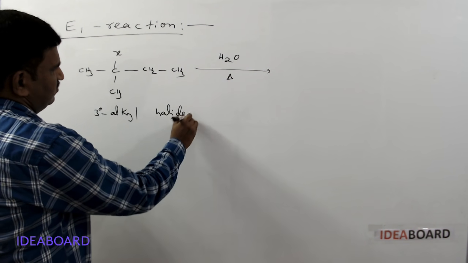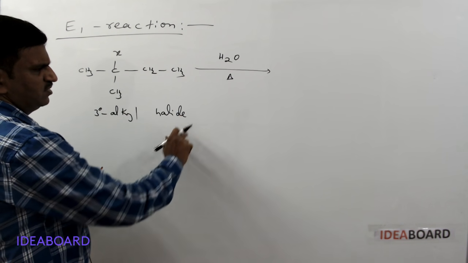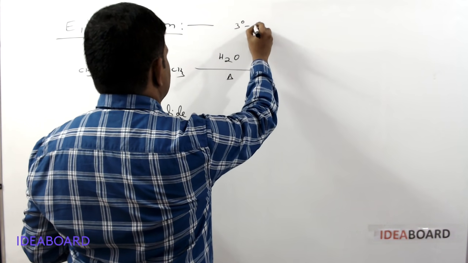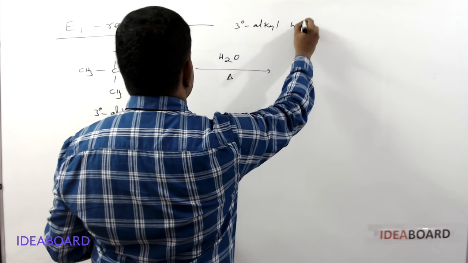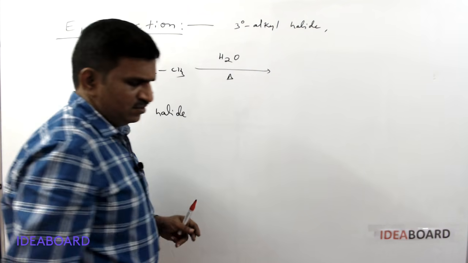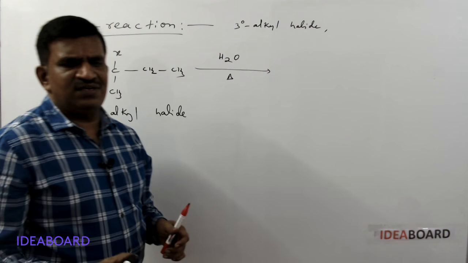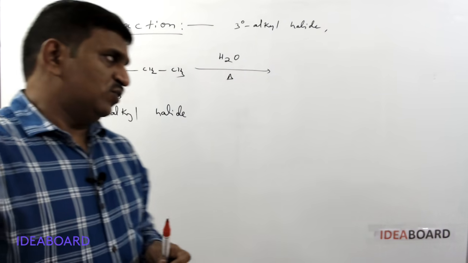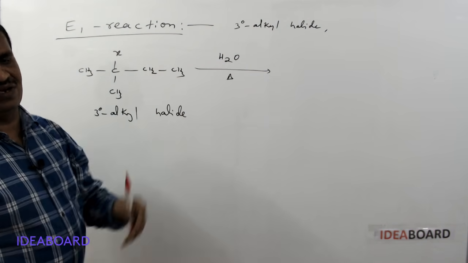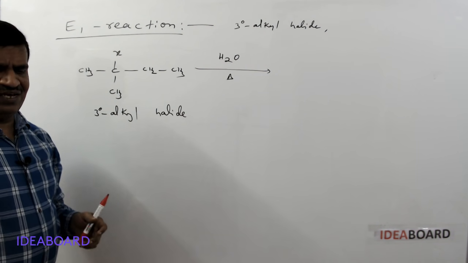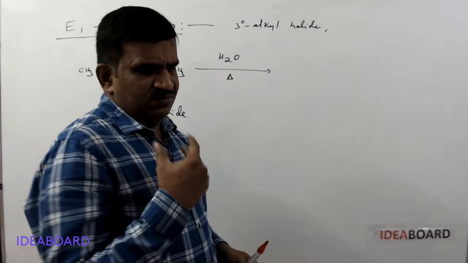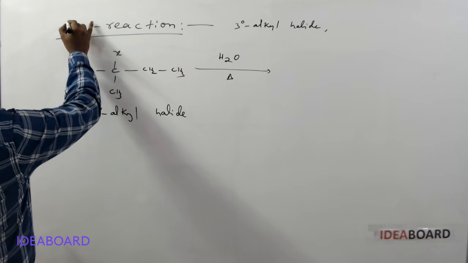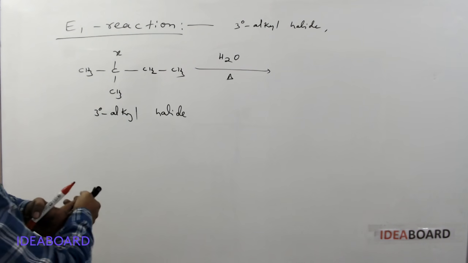So E1 reaction is just like SN1, the same. So please remember, SN1 and E1 go together. E1 reactions are favorable with tertiary alkyl halides, and E2 reactions are favorable with primary alkyl halides, generally we can say, but I will give the order. So E1 reactions are favored by tertiary alkyl halides, and secondary alkyl halides also show E1 reactions. Benzyl and allyl we will cover differently. Mainly, if you take tertiary alkyl halides, they give E1 reactions.